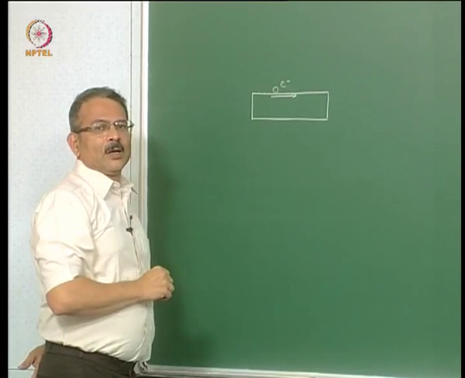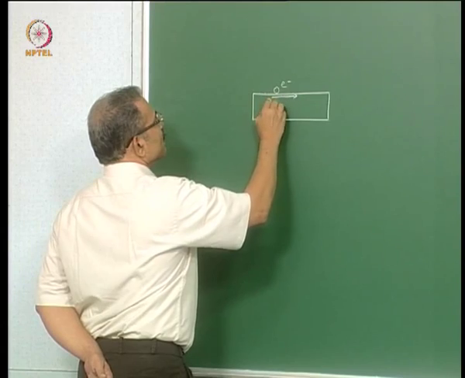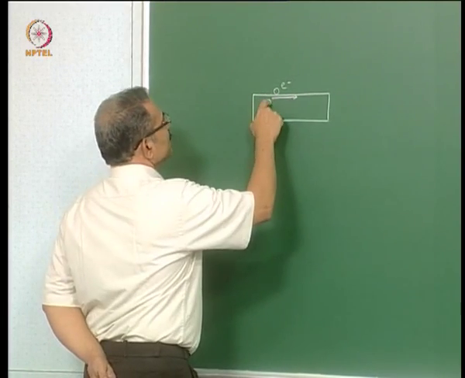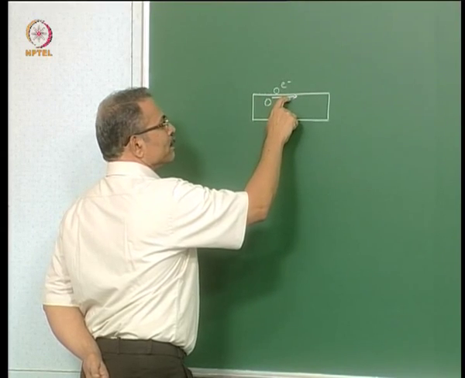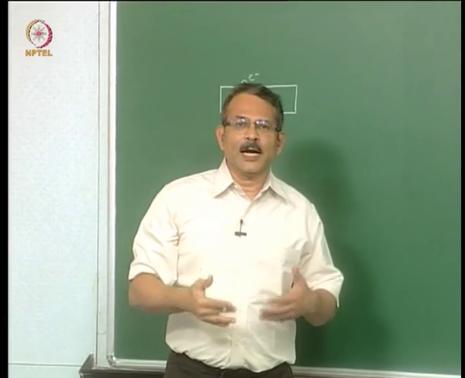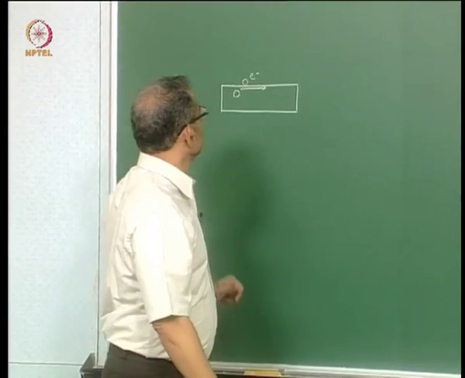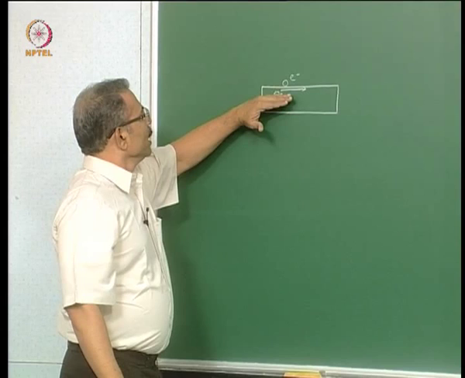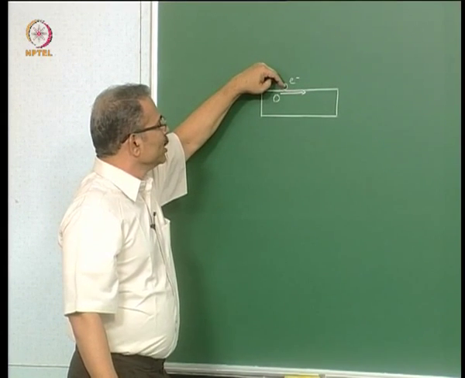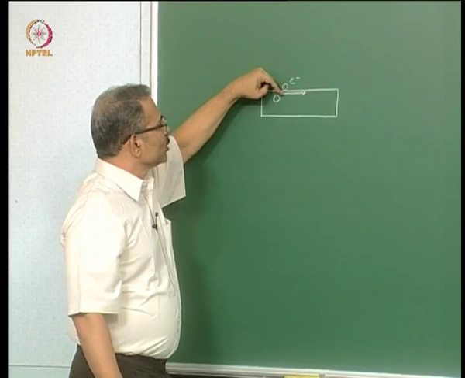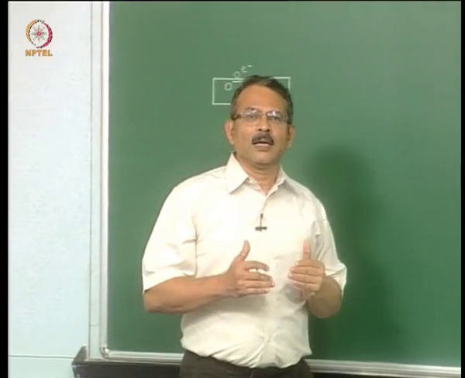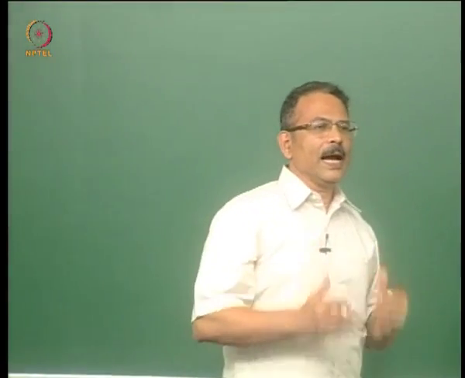You might ask, why not an electron inside? Will that not experience this electric field? Yes, this electron will also experience this electric field. However, this electron will also experience the effect of the atomic potentials. Therefore, we prefer to use an electron which is touching the semiconductor surface from outside, so that it experiences the electrostatic field alone because of space charges and so on, and not any electric field because of the atoms.